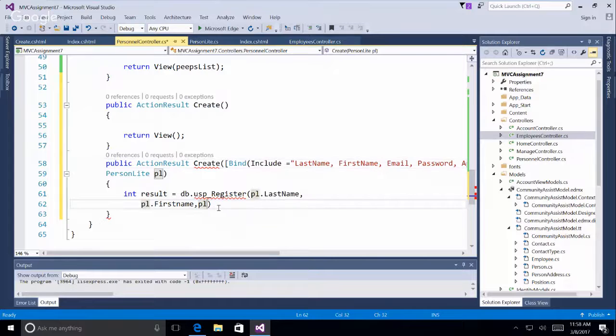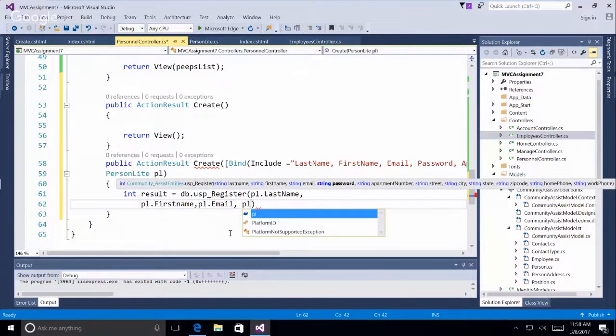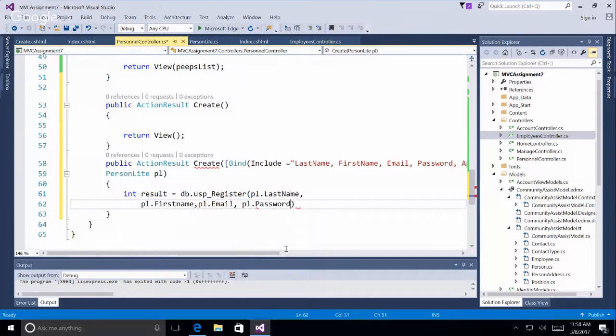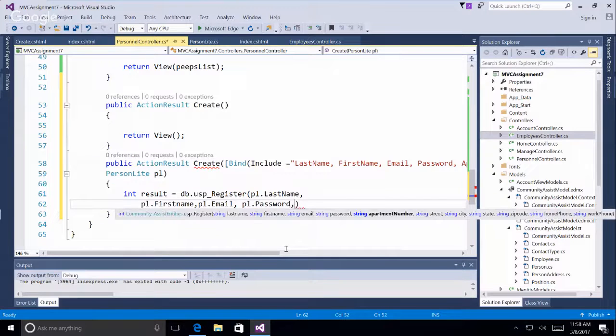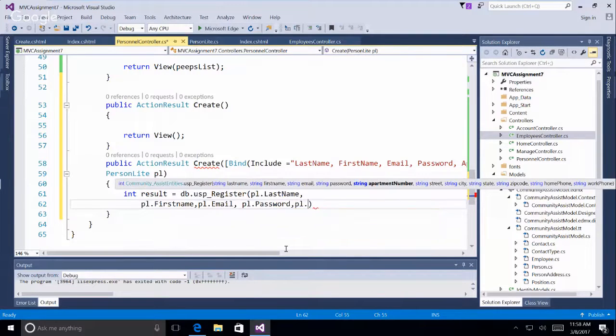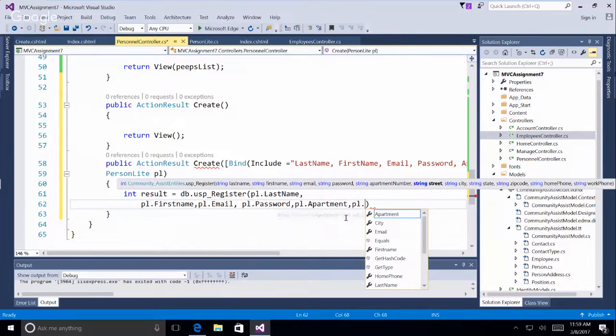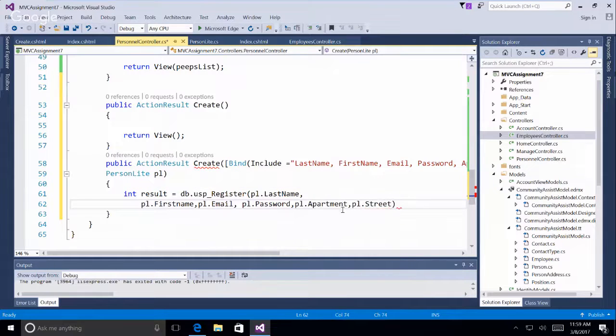So pl.email, pl.password, pl dot, and again I need to see, okay, so password apartment, pl dot street,